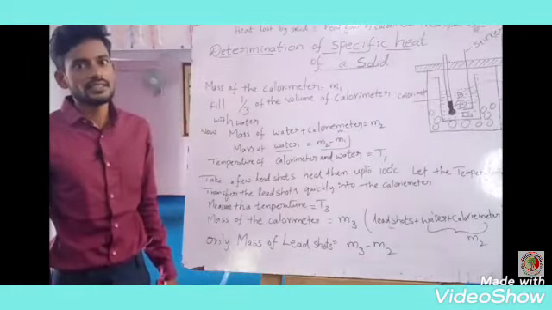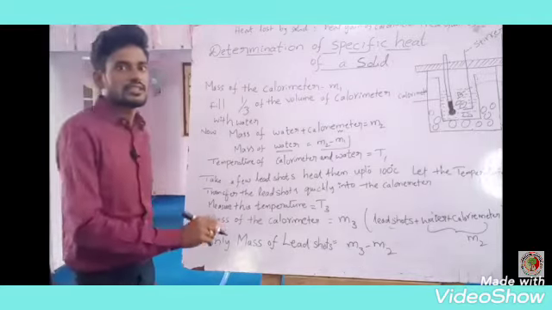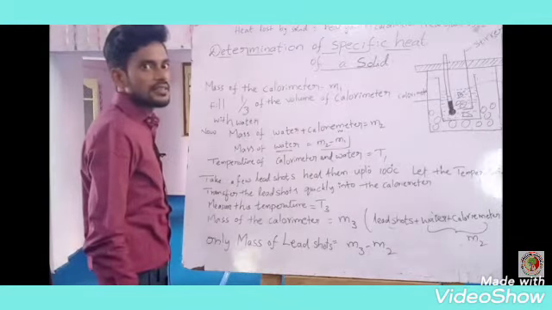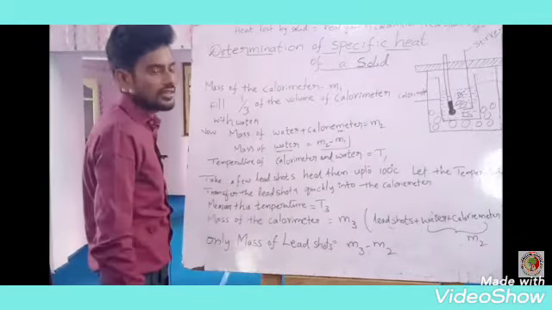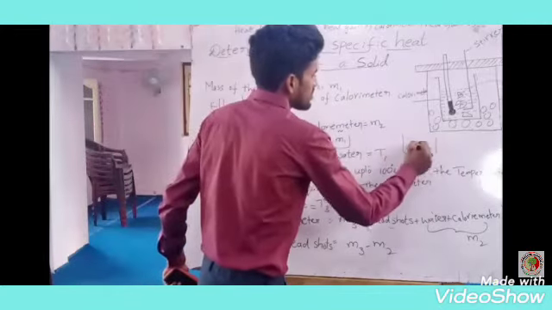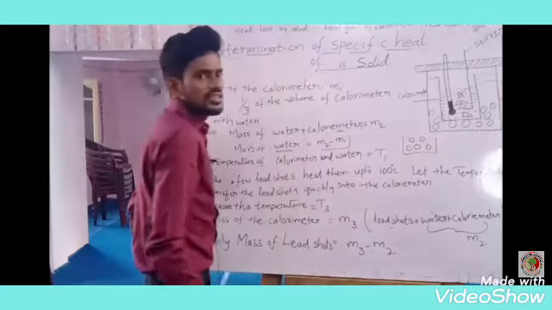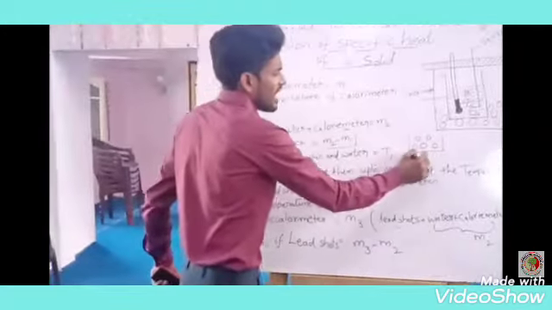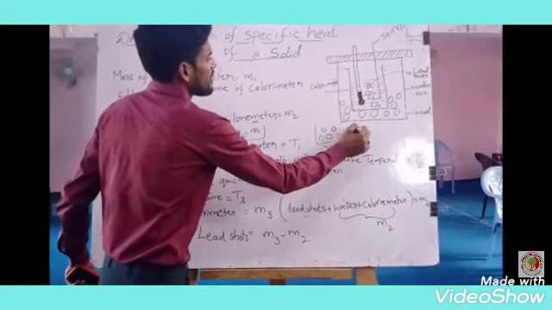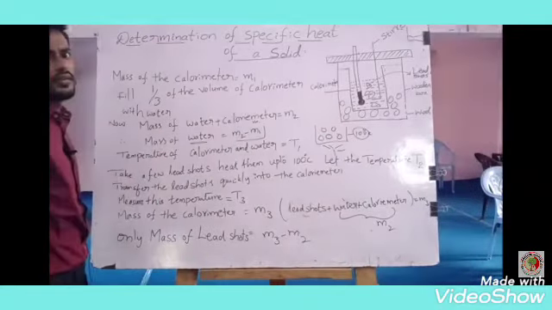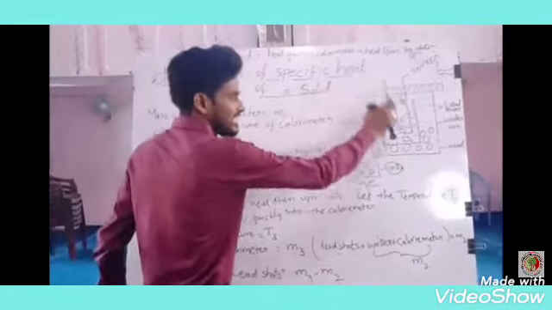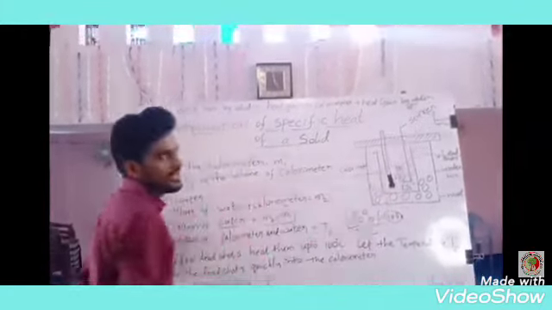Next, the one to which specific heat should be determined, that is nothing but lead shot. Do heat up the lead shot. Your wish, lead shots taken into a copper vessel and heated up to 100 degrees centigrade. Do transfer immediately into the calorimeter.